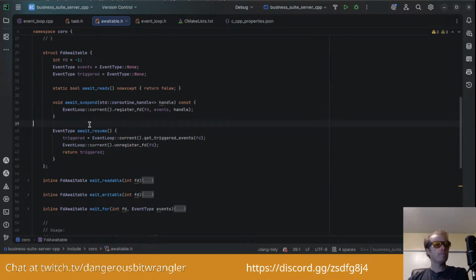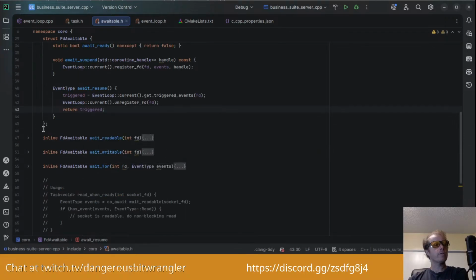Interesting. I don't know why it removes it or unregisters the file descriptor. I assume something is going to try to process it again, so it'll re-add it, maybe. Or it's just done when it calls this, and it's complete, so it's just unregistering it and getting the current flag, current status.